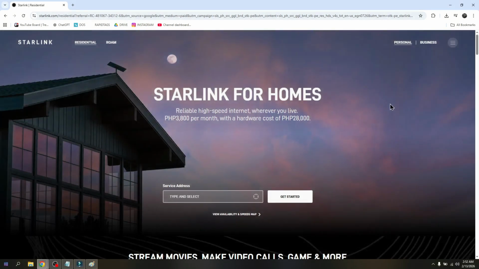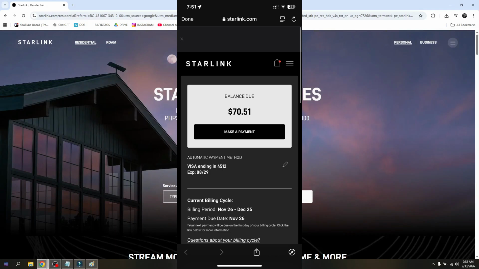Once you've successfully logged in, just head straight into your account billing tab, and from the balance due, you should be able to see the certain amount that you need to settle. For you to make that payment, just simply choose this option here that says make a payment,